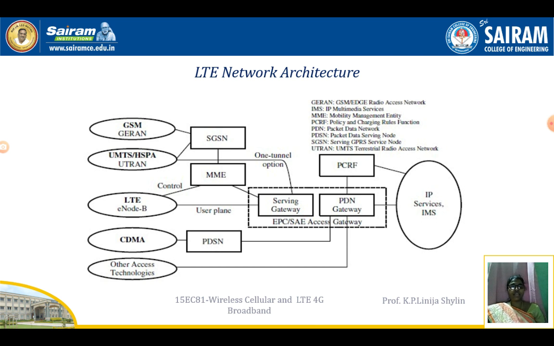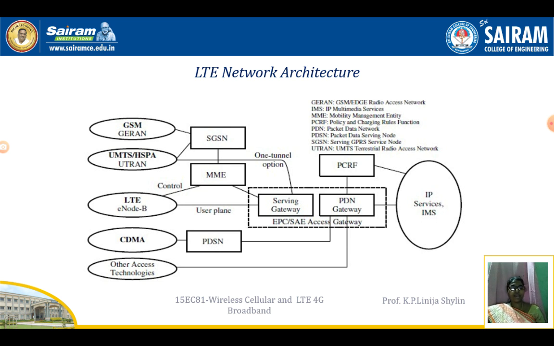So what are the major elements that make the network architecture more effective? First we will see SGW, that is the serving gateway. What are the basic functions, the things this serving gateway can perform? It will terminate the interface towards the 3GPP radio access network. Already we know this LTE system was deployed as part of 3GPP, and this serving gateway is the physical point between the radio access network and the core network.